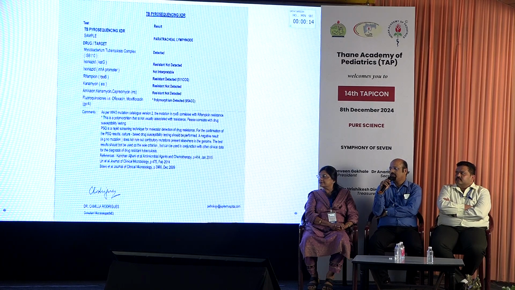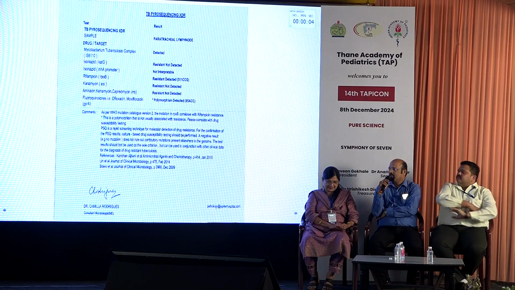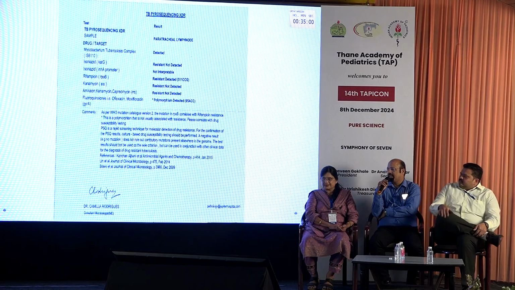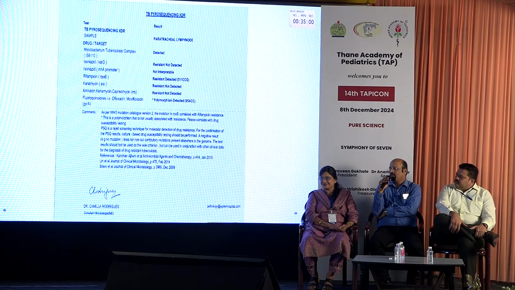So should we treat this TB as MDR or XDR, sir? See, nowadays, if you treat any TB, the treatment will be the same as for MDR or XDR. The duration may change. Once your final MGIT culture comes, if it shows any fluoroquinolone resistance, then we can add different drugs, like class C drugs such as delamanid or ethionamide, and distinct drugs we use.